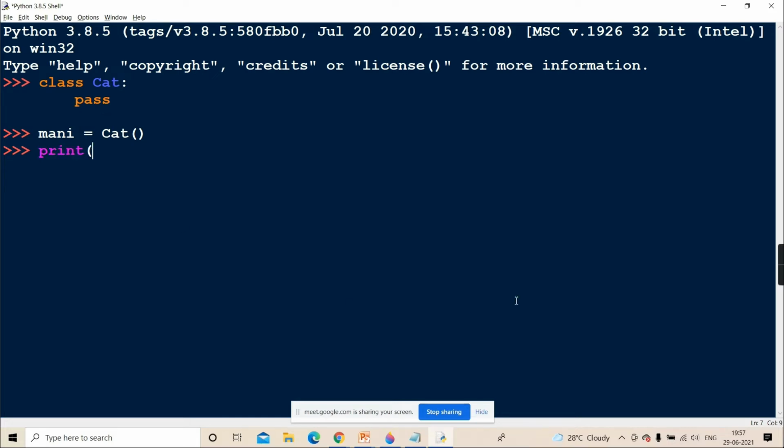Now if I write print money, what is actually going to get called implicitly? The dunder method, money dot double underscore str double underscore, that is going to get called, right? But in our context, that dunder method is going to get called from cat or from cat's parent.